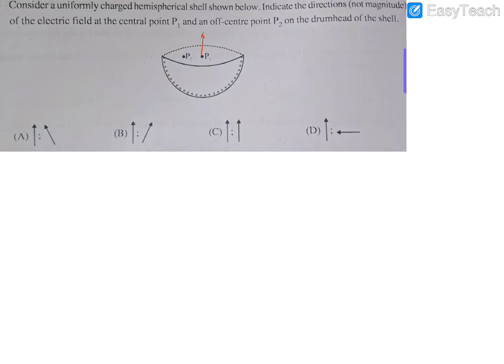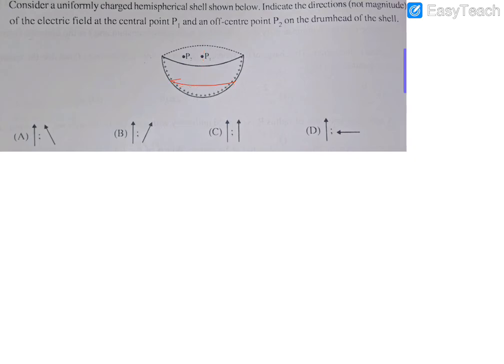Now P2 is interesting. That means the direction of field at location P2. How can we find it out? Let's see. Here we can think, if we consider any small ring, let's start as we did for P1, and try to find the field on this. First of all, this P2 does not fall on the axis. Moreover, we don't know the field at this outside point on this axis. Well, so we can erase it.